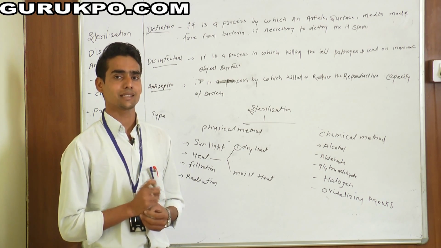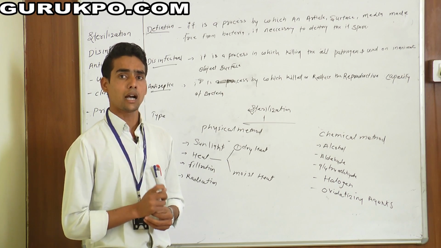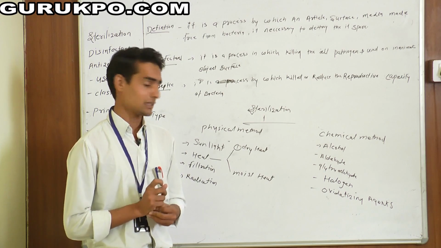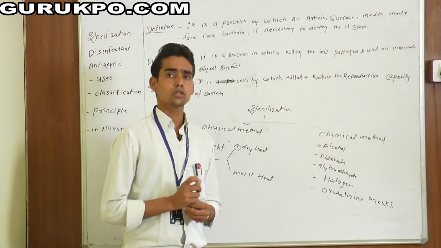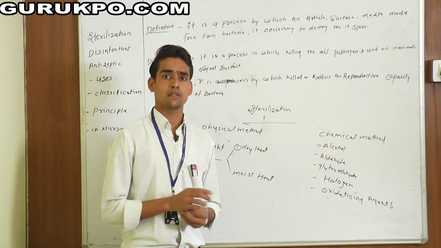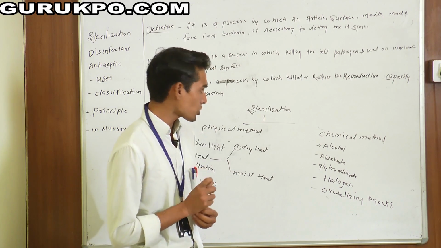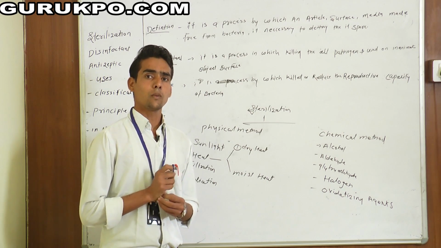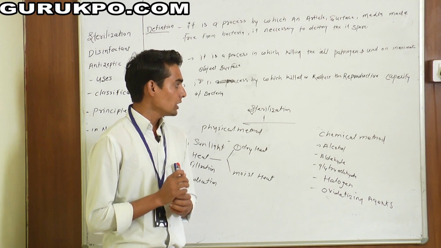First is ionizing and second is non-ionizing. Ionizing radiations have ionic rays like X-rays, gamma rays, beta rays and delta rays. Non-ionizing radiation uses cosmic rays and ultraviolet rays, which kill the bacteria when they come in contact with the rays. It is a very costly method, so it is used only for commercial equipment.